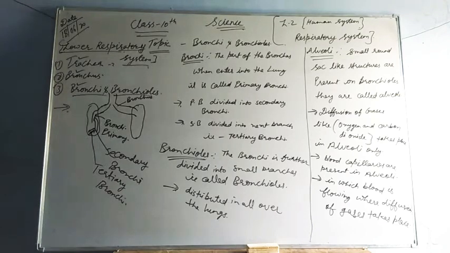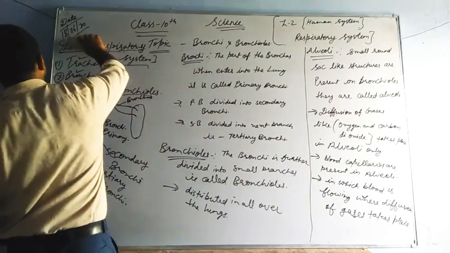And from the same respiratory tract, in the same manner, they are going to be taken in and they are going to be excreted out. And all these things take place in alveoli only. And in alveoli, the diffusion of gases always takes place because blood capillaries are present. In alveoli, actually, blood capillaries are present. That's why in alveoli, diffusion of gases takes place, in which blood is flowing. See how the things are there.